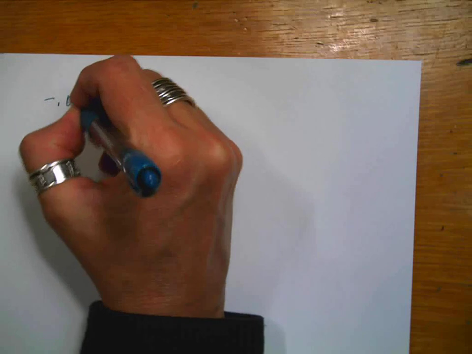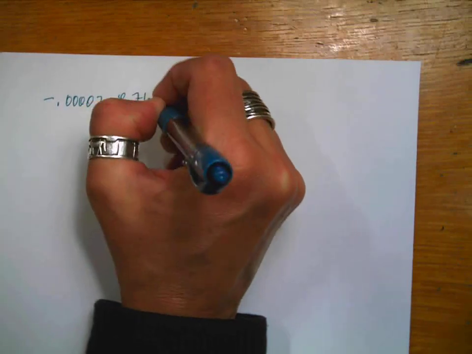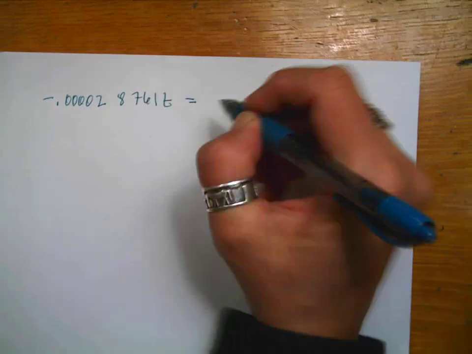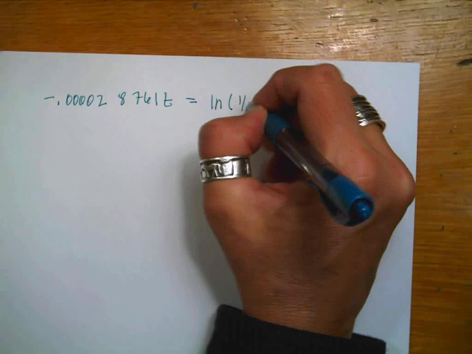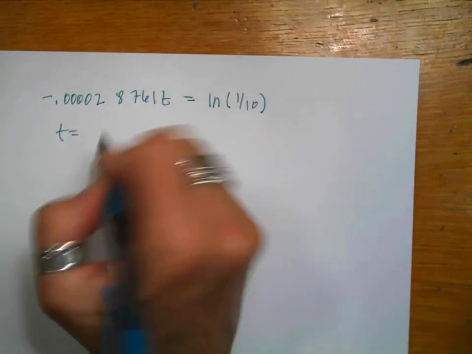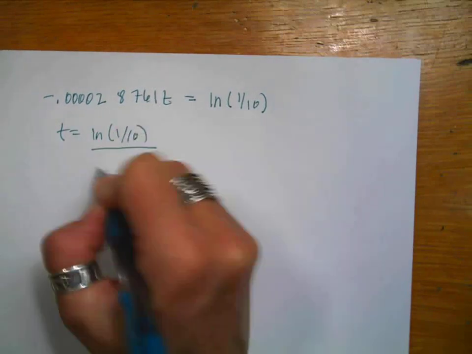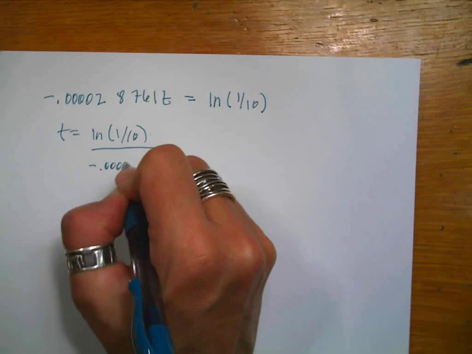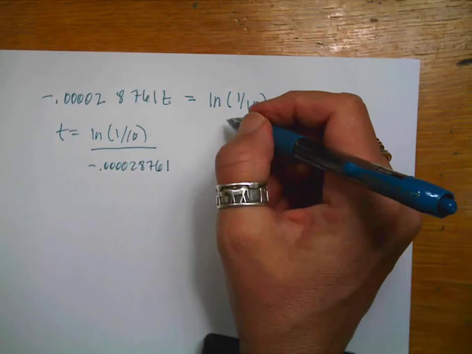I'm going to go to the next page. I'm going to take the natural log of both sides, so I get a negative 0.123428761t is equal to the natural log of 1 over 10. And then my time is going to equal the natural log of 1 over 10 divided by the negative